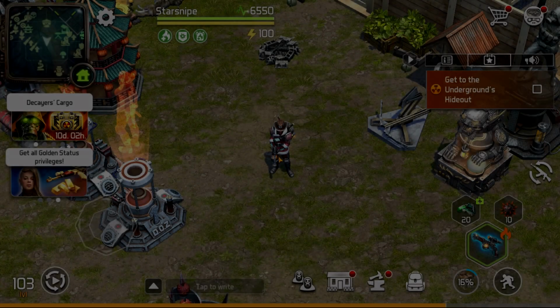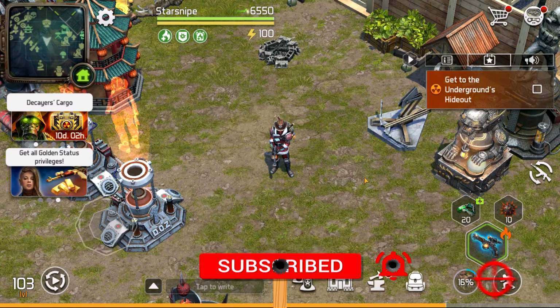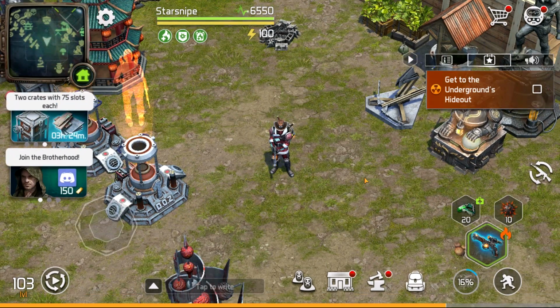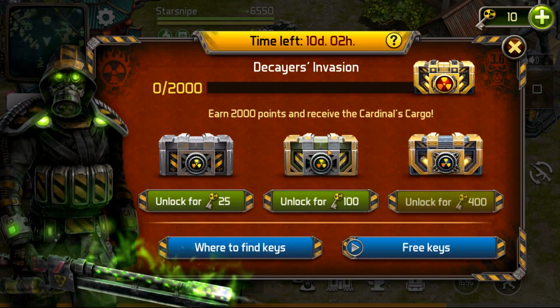Hello everybody and welcome back to another episode of Dawn of Zombies and the brand spanking new update that sees the Decayer's invasion going on, not to mention a brand new questline we're going to be able to check out and even some crypts popping up all across the map that we will be able to explore and gain some incredible prizes from, which can then be utilized to go ahead and claim some incredible prizes in the form of